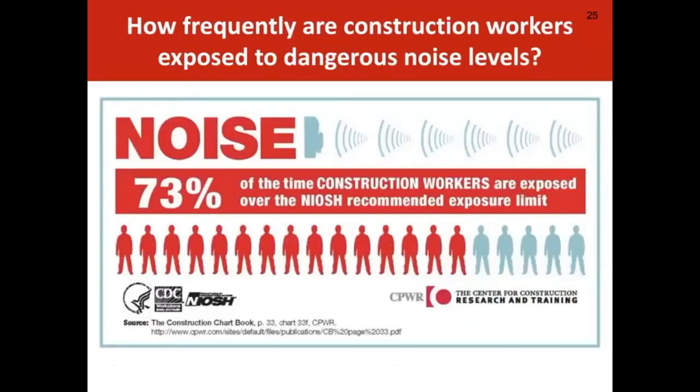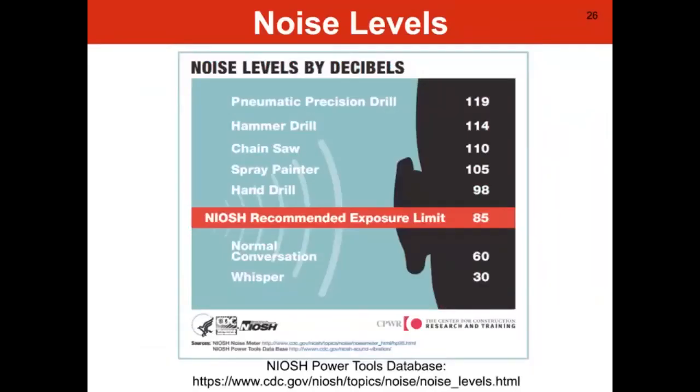While it will vary by trade and type of work, overall, construction workers are exposed to noise levels over the NIOSH REL, the recommended exposure limit, 73% of the time. This slide shows noise levels for common tools compared to the NIOSH REL, normal conversation and a whisper. As you can see, even a hand drill, which can be found on most job sites, produces dangerous noise levels